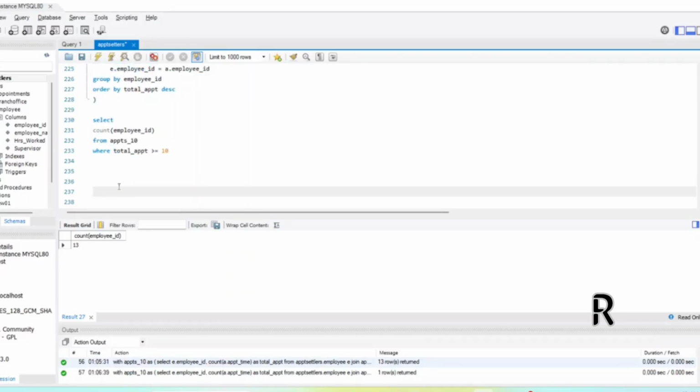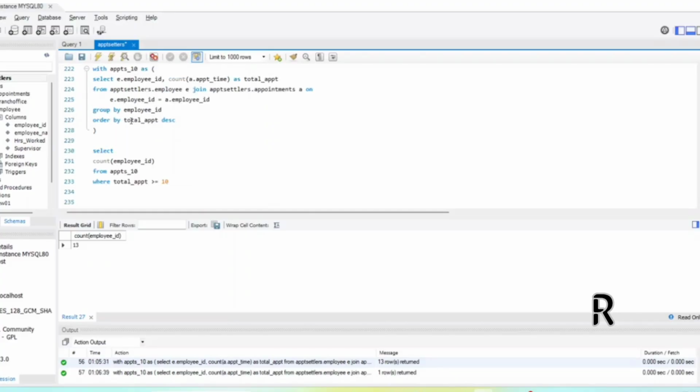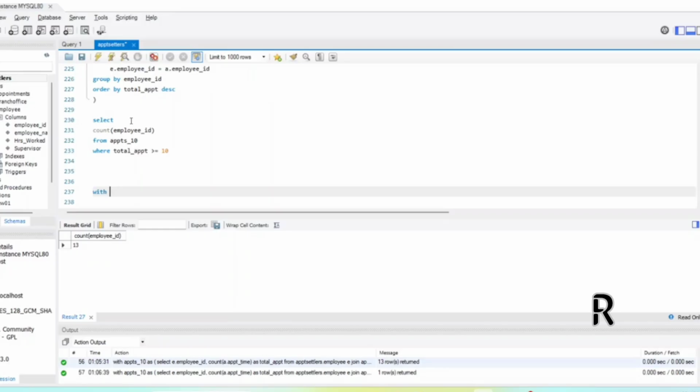What am I going to do? First, I'm going to do a CTE with the same thing. Let me just type it so you can see everything I'm doing. I'm going to name it something different just in case, which is the same thing, right? Appointment 10 is the one with 10 or more appointments, as